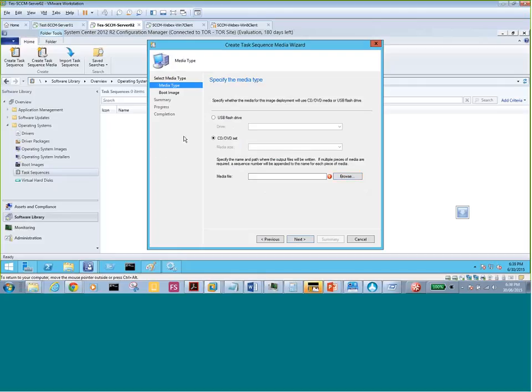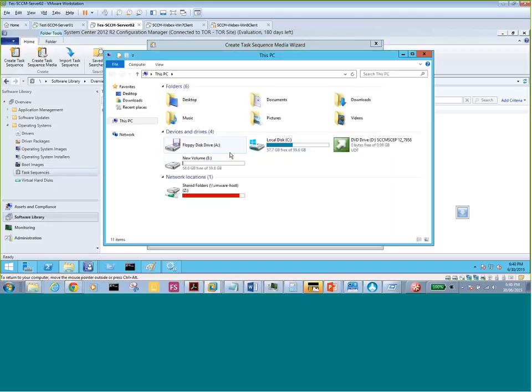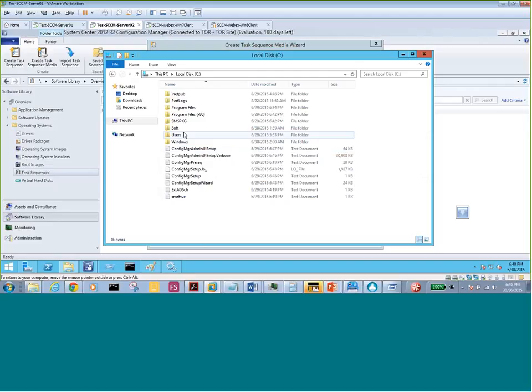keep this window here. What we need to do is create a folder and share that folder, and we need to put the shared path here for that ISO, because on that share path the WIM image of Windows 7 will also be uploaded. So I'll keep the window here. I'll go to Windows Explorer. I have two drives actually, but since everyone has a C drive, I'm going to go to the C drive,